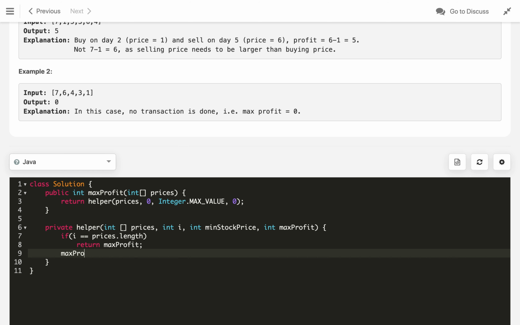Otherwise we will update the maximum profit with the current maximum profit plus the new profit we are gaining.